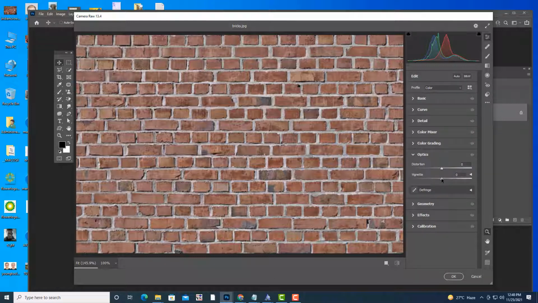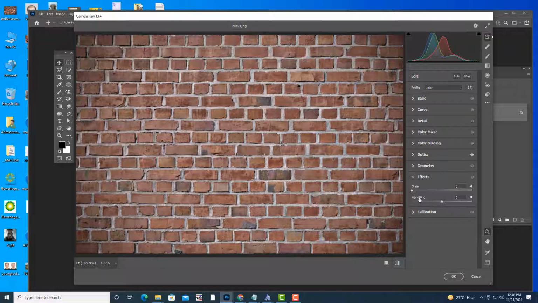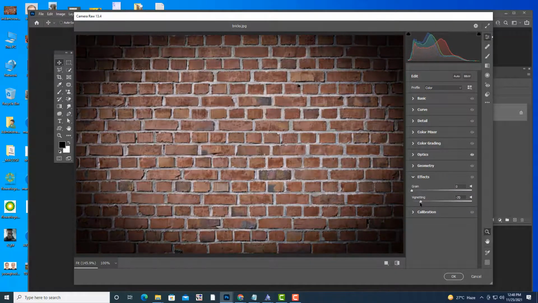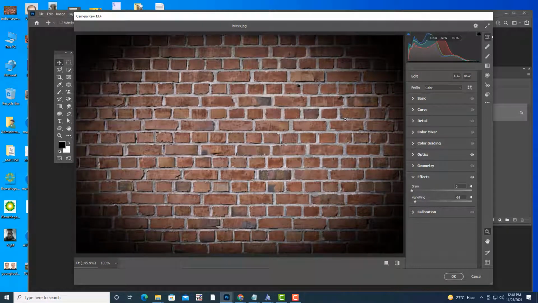First you reduce this one. You are slowly getting the vignette, but you still want more. The effect should be more intense, so open effects here. In effects we also have vignette. You just reduce the shadow, and we got that vignette look.